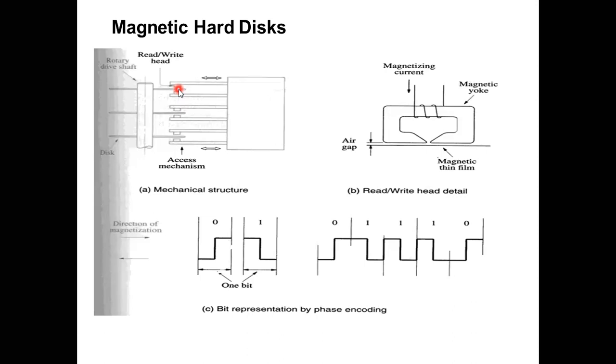So for that formation, the coating of the material used for storing the information will be highly dense in the internal part and less dense, on a pro rata basis, from internal to external, meaning the outer. The coating will be less dense in the outer track, and the largest density will be on the inner side of the track. So this type of formation is done for the tracks of the disk.